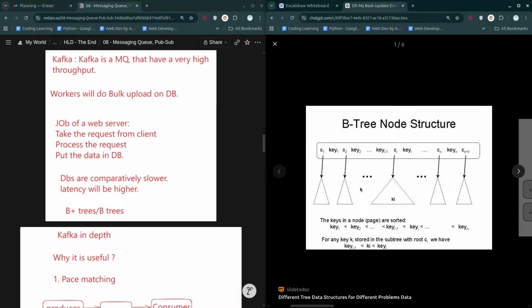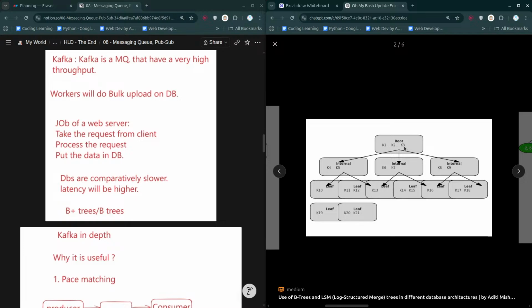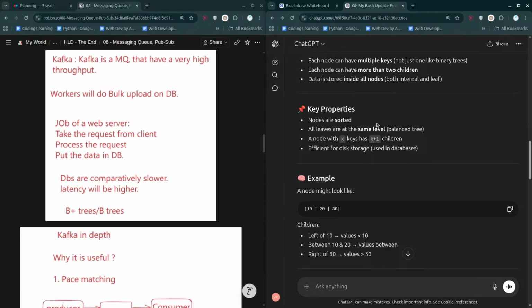So ultimately, this is how the tree is going to look. Not like this actually, probably like this. There's going to be a root, there are going to be internal nodes, and there are going to be leaves. Alrighty. It turns out I still have to know more about it, but this much information is good enough.